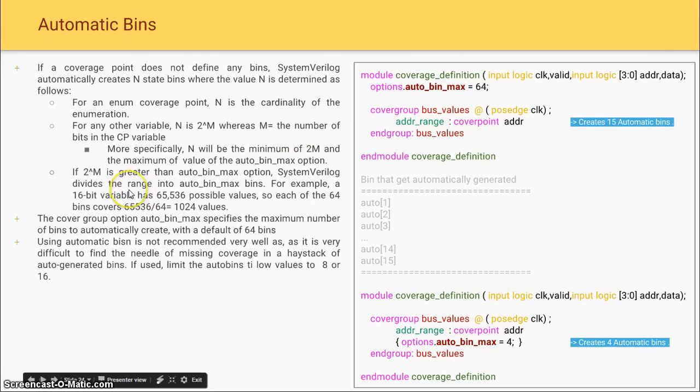Now assume that you are specifying a cover point for an m bit variable, and 2 power m is greater than the auto_bin_max option. For example, consider that the variable is a 16-bit variable, and you had specified the auto_bin_max as 64. So in this case, SystemVerilog divides the range into auto_bin_max number of bins. So here in this example, the whole number of values possible with the 16-bit variable is 65,536 values, and this will be divided by 64, and in every bin there will be